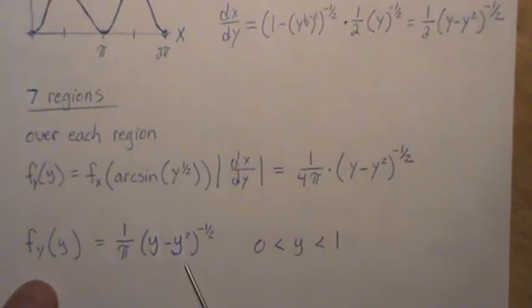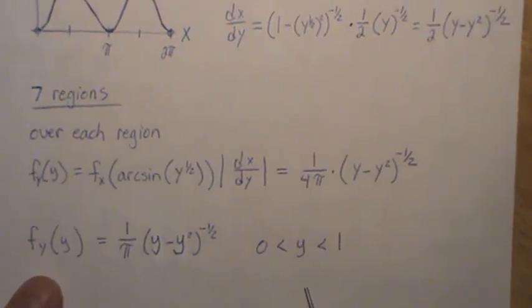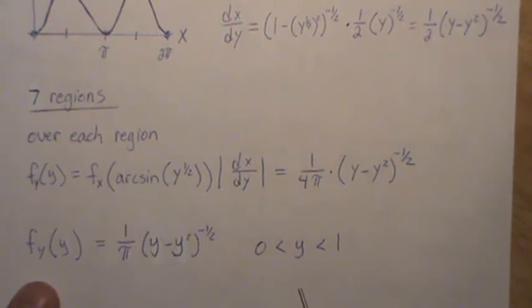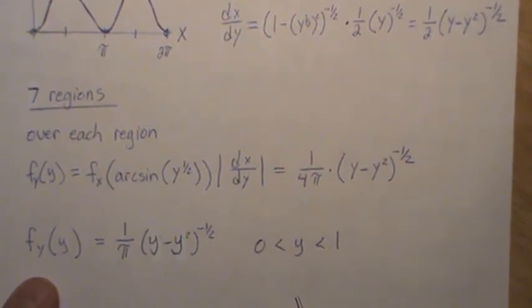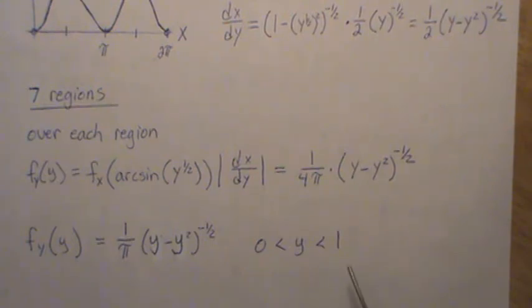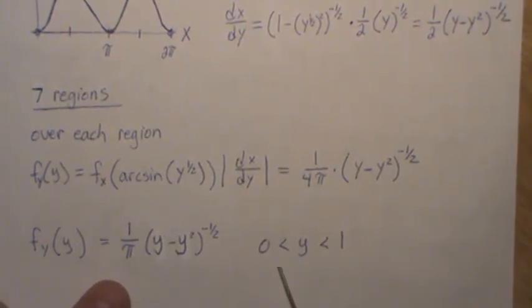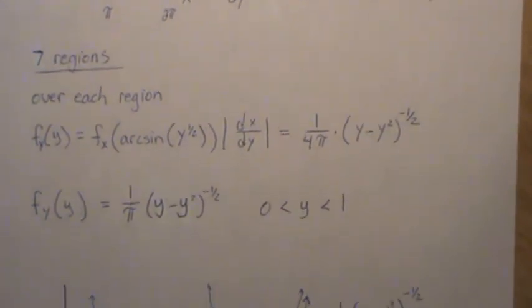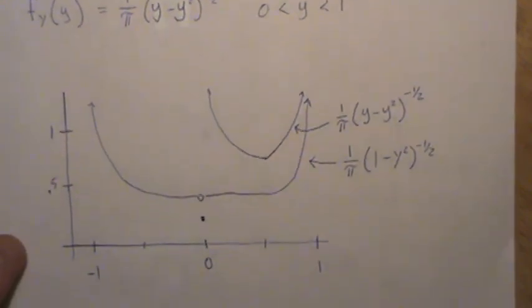So actually this is the density for y, where y is equal to the sine of x, quantity squared. And this is it. That's the answer. So now to look at a graph of these,